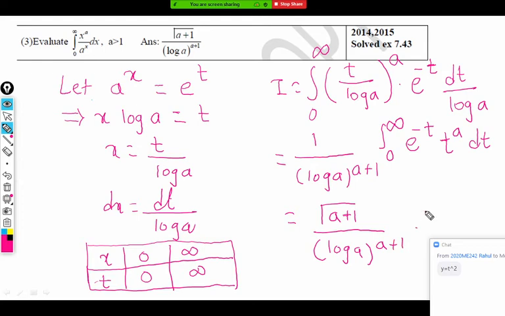a can be a fraction, a can be an integer, only it is written that a is greater than 1. So because of this, we cannot write gamma a plus 1 as a gamma a or a factorial. Provided a is an integer greater than 1, we can say a factorial in the numerator, but right now it's not given. So we have to keep this as the answer. No further simplification is possible at all.